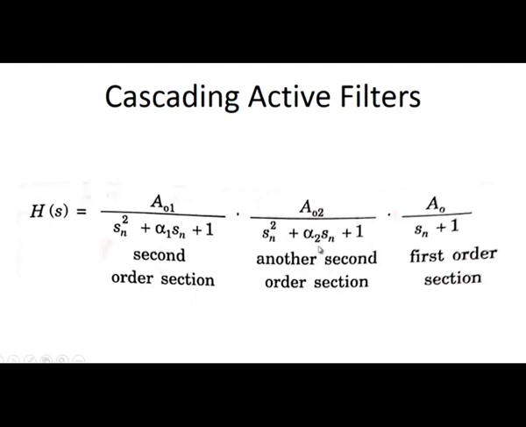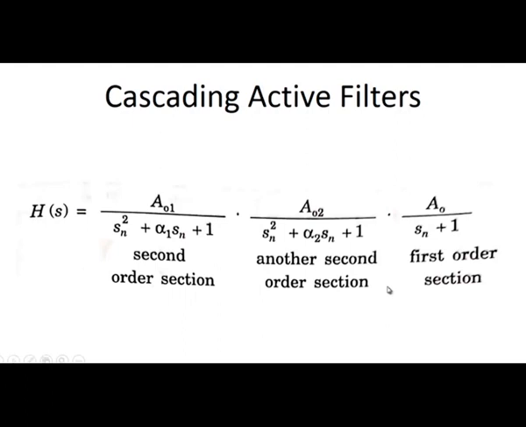Here the gain is different and the damping factor is also different from the first second order filter. And if you want to make it a fifth order filter, you have to add a first order section. So, in this case the transfer function for the first order is A0 by Sn plus 1. So, here again the gain of the filter is different. So, in this transfer function we come to know that the damping factors are different and the gain of the